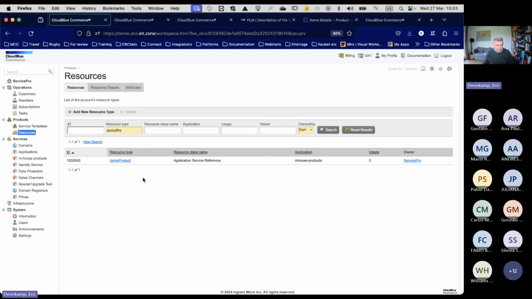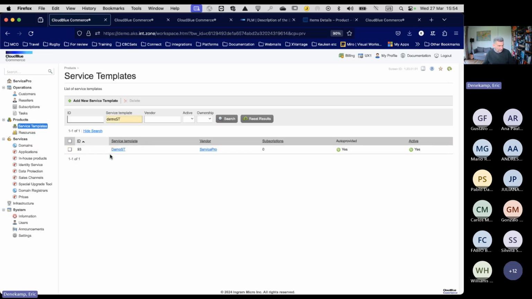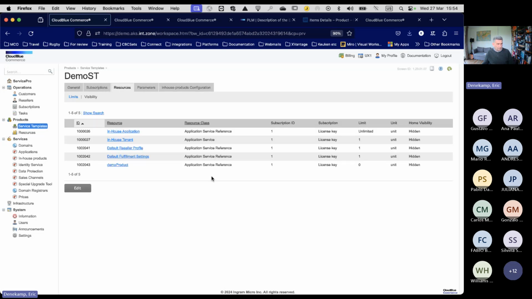There it is. There is your resource, the demo product. It's an in-house product for Service Pro. In the service templates, demo ST. There it is. It is a service template with one resource in it, the demo product, and anything that is needed for it to work, right? We need a tenant, etc., etc.